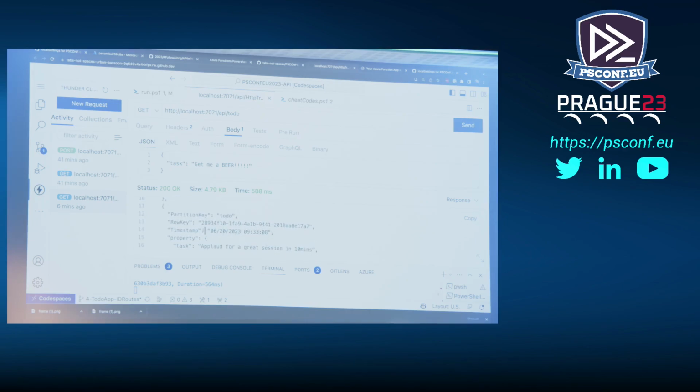One of the things you get for free in Azure Tables is timestamps as well, so you can see when this went in. You don't have to worry about that. It's just there for free, which is great. So what we're going to do is let's find